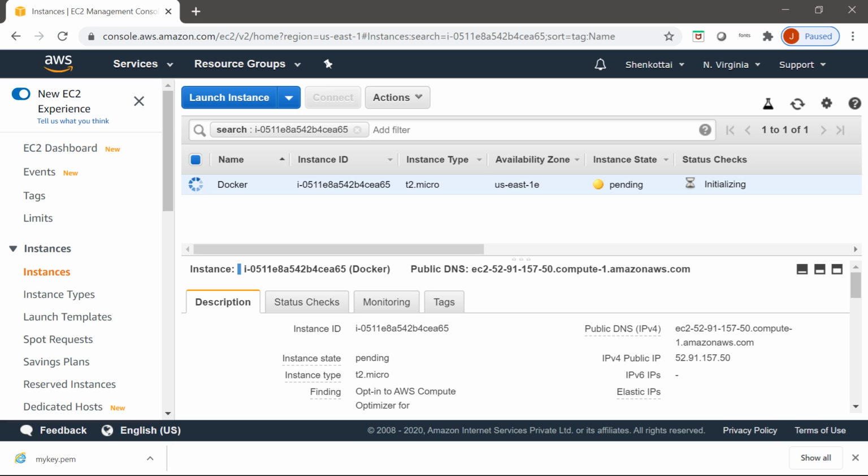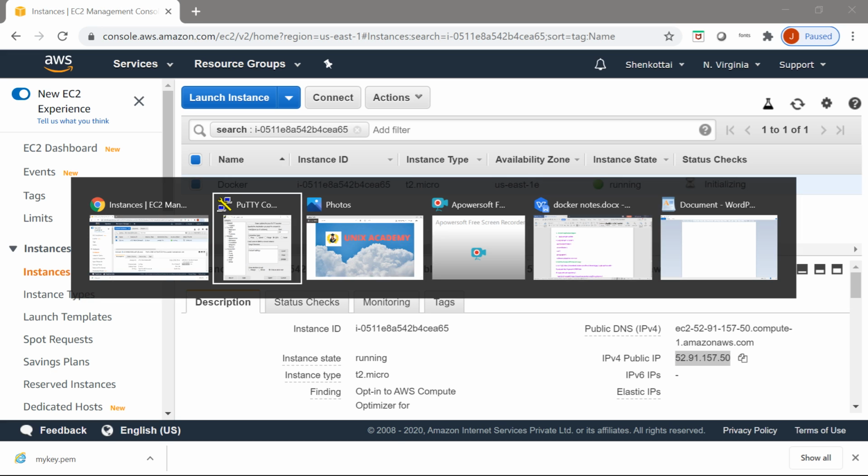Once it's initialized, I will copy the public IP or public DNS. I will use PuTTY here. I will log in with PuTTY using the public IP or public DNS. Still it is initializing, but I will copy this public IP.